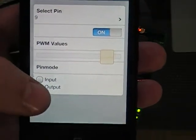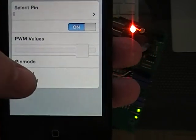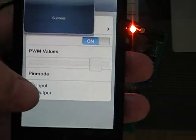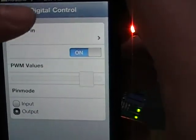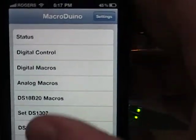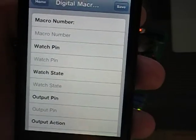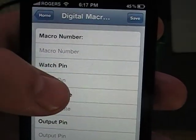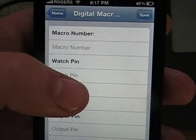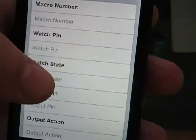And then you can do pin mode, output, input, we'll turn it off, and output again. Next we have digital macros. So these are basically macro number, so you're going to have to keep track of the number of macros that you're using. Start at 0,